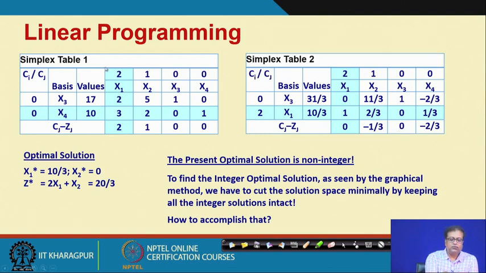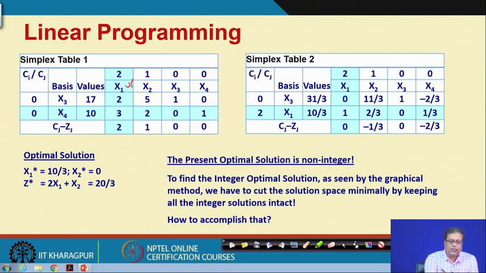Now, the usual method is followed to solve this problem, and then we see that the 2 is more profitable. So, x1 is going to be our entering variable, and 17 by 2 is 8.5, 10 by 3 is 3.33. So, 3.33 is lower. So, x4 is the bottleneck resource. So, x4 will be our leaving variable. So, we found the entering variable x1 and leaving variable x4, right. So, these two are found, this is our common element.